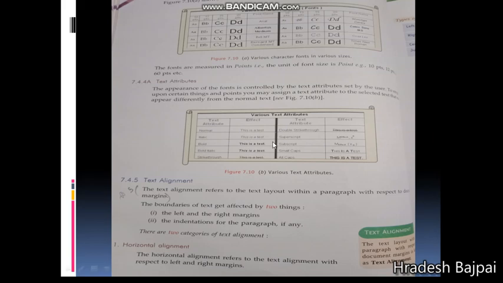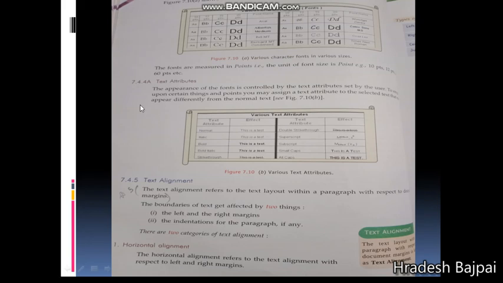Okay, so here you can all see in this table, text attributes means the features which belong to the appearance of the text. The appearance of the font is controlled by the text attributes set by the user. Whatever change you make in your text attributes, your font will look like that.